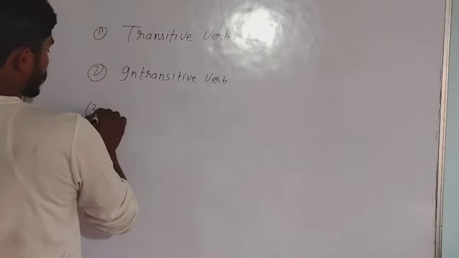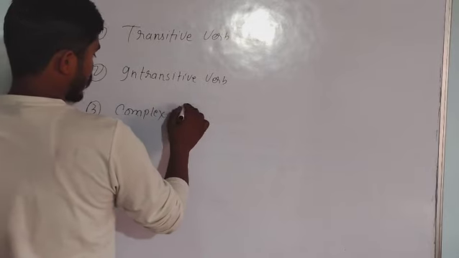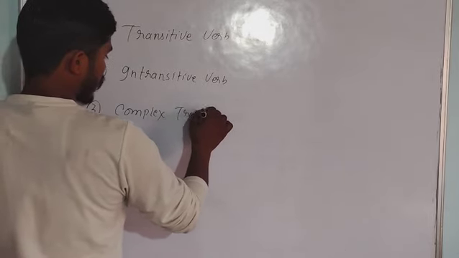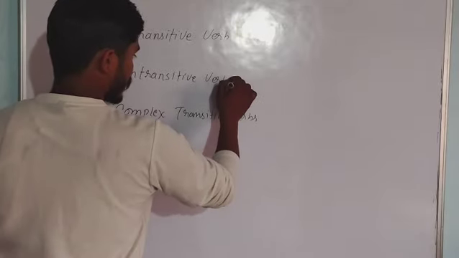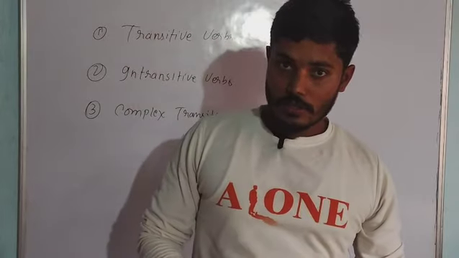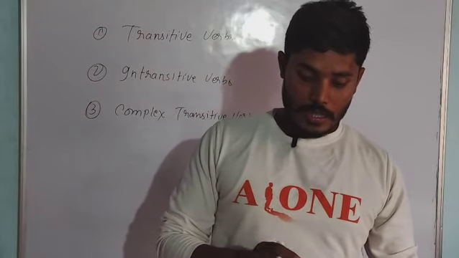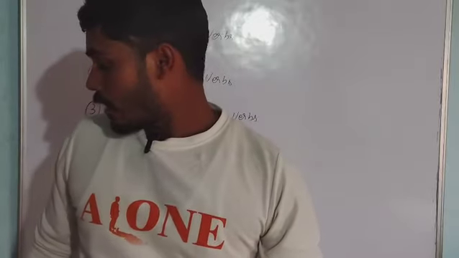The third one is complex transitive verb. So basically, in respect to the object and non-objects, there are three types of verbs which are related to